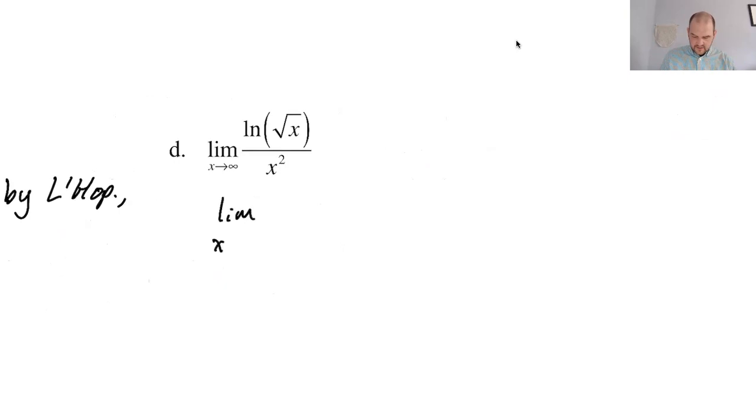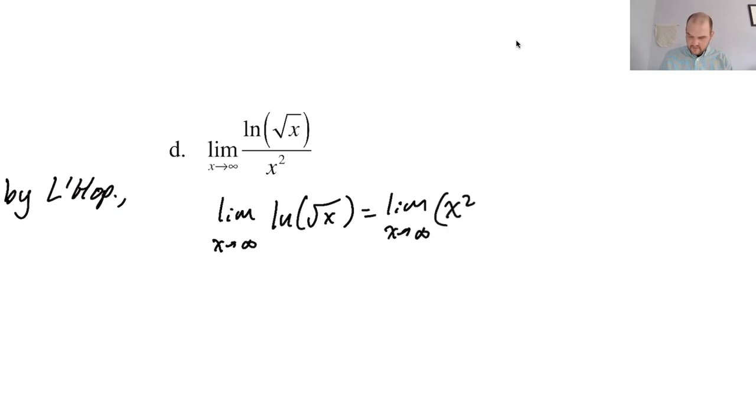The limit as x approaches infinity of the natural log of the square root of x is not 0. It's actually infinity. So if the denominator also goes to infinity, we can use L'Hopital's. So the limit as x approaches infinity of x squared is also infinity. All right, so it's basically infinity over infinity, which means we can use L'Hopital's. Therefore, by L'Hopital's,